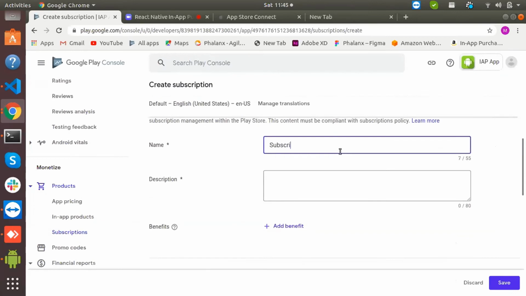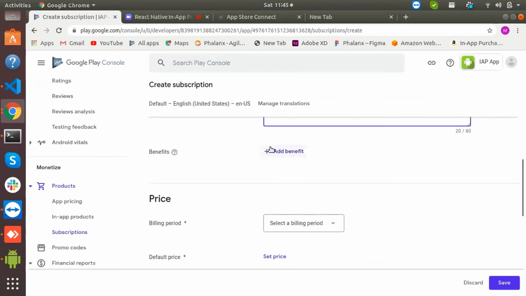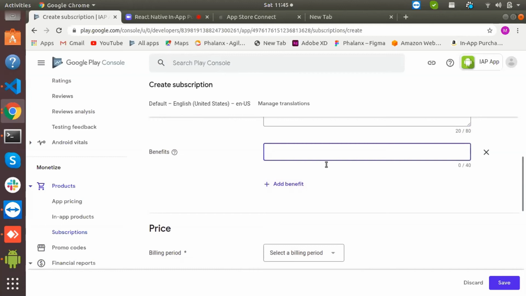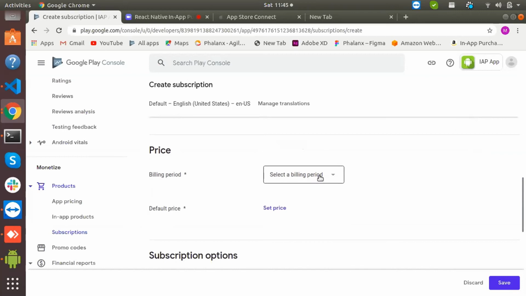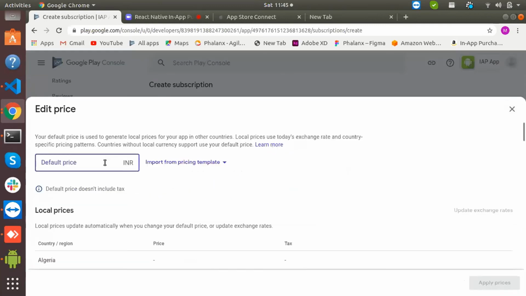Then I will give the details. If we want to add some benefits, we can add them here. Here we can set the billing period, which ranges from weekly to yearly. On this billing period, the subscription will be charged. So I can select monthly. Then choose the price for that subscription.